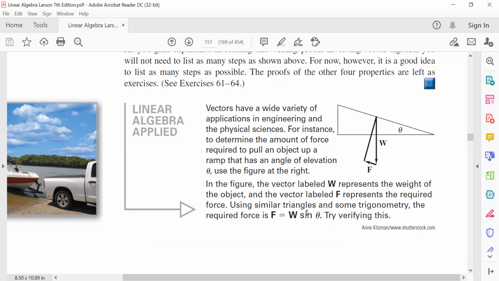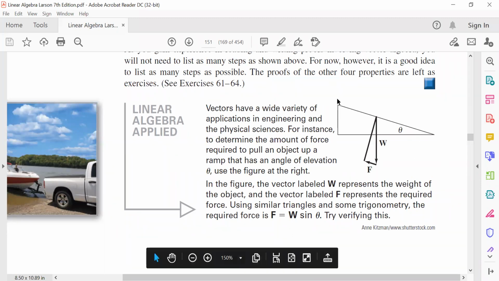So F is equal to W sine theta, meaning that you need more force to push something. The bigger theta is, the more force you need to push it. So it kind of makes sense. Anyways,